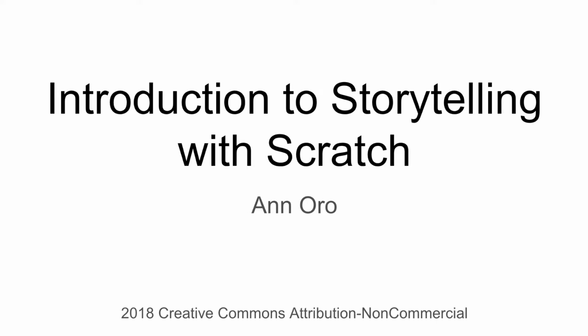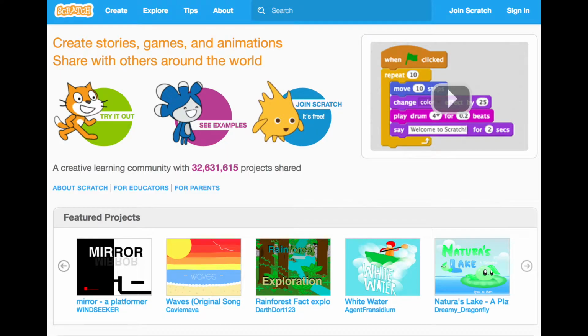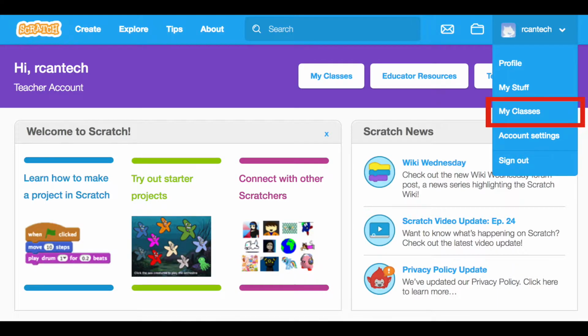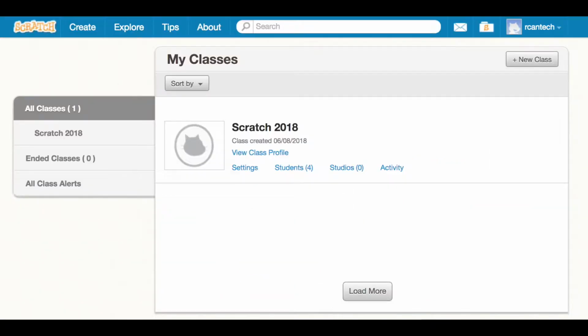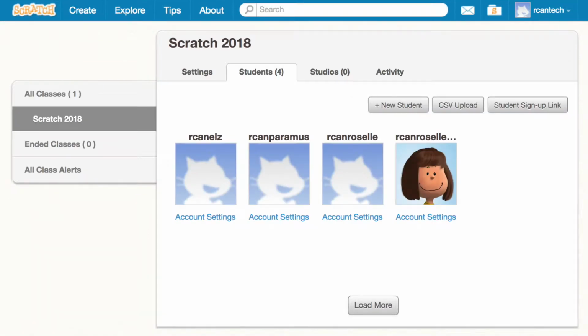When you're working with Scratch, the first thing that you need to know is you can create accounts. When you sign in, I'm signing in as an account that was allowed as a teacher account. You can create individual Scratch accounts and you can create teacher accounts. And the benefit of creating a teacher account is that you're able to create classes with students in them, and